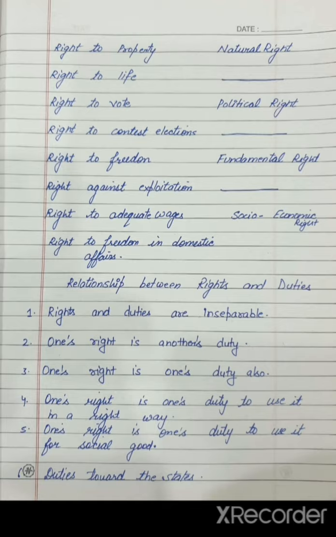And then the second one is one's right is one's duty also. It means बच्चे a right is at the same time a duty. If an individual enjoys a right, it must be remembered that the same right belongs to the other individual. यहाँ पे एग्जाम्पल लेते हैं दो पर्सन का. Suppose A has a right to express his opinion freely. A जो है उसके पास अपने ओपिनियन एक्सप्रेस करने की पूरी आज़ादी है. And now it is also his duty not to deny the same right to B. ऐसा नहीं है कि वो सिर्फ मेरे पास ही है, वो सबके पास होनी चाहिए.